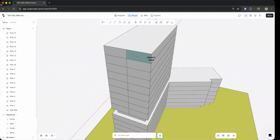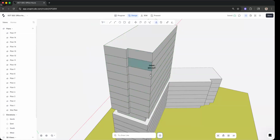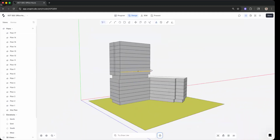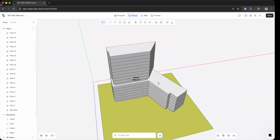So I'm getting a lot of modeling optimization right off the bat, and having the ability to start to essentially differentiate upper level massing from lower level massing, and start getting things designed and in place. As I'm doing this, the overall design